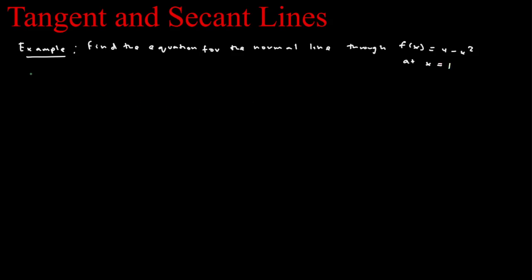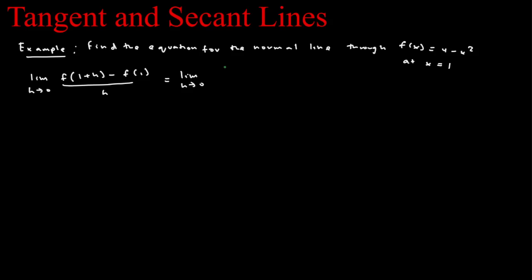So let's find the slope of the tangent line at x equals 1, and that's just the limit as h tends to 0, and in this case a is 1, right? So f of 1 plus h minus f of 1, divided by h,